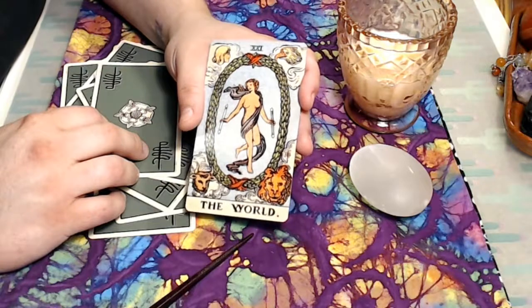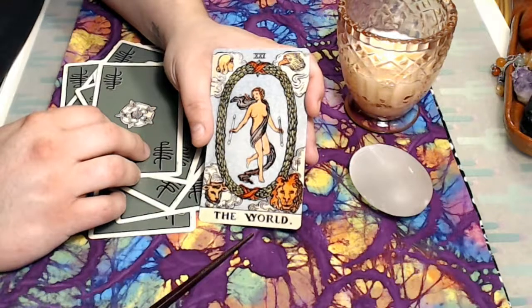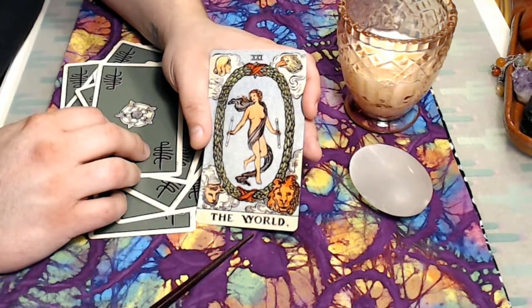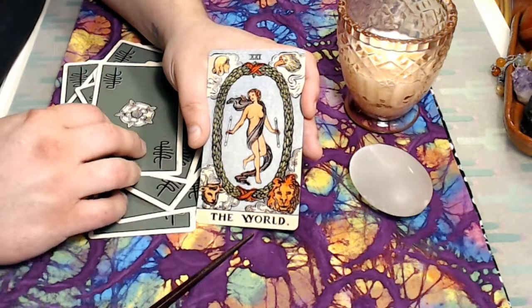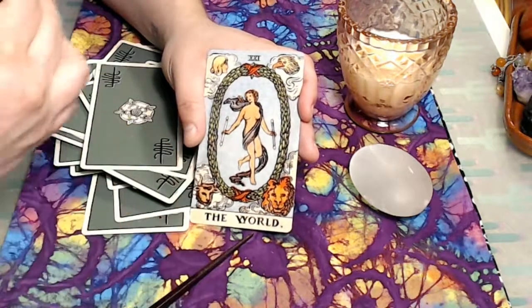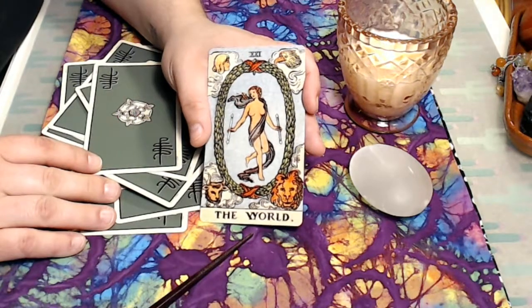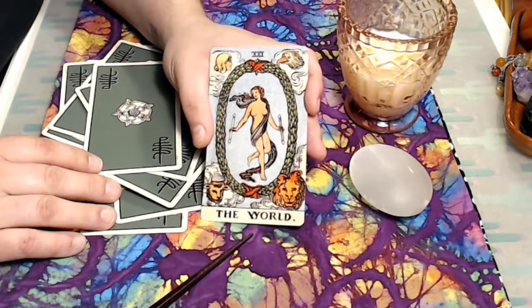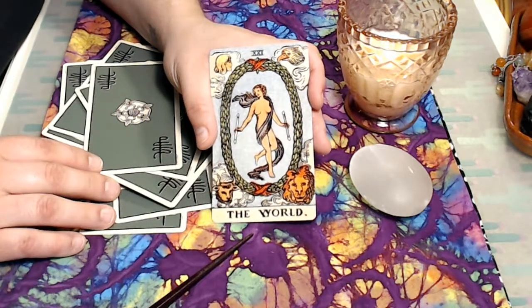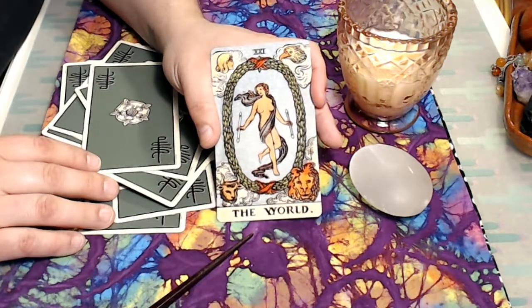He is re-entering society with a more complete understanding of how life works. He has a more integrated self, having achieved wholeness and fulfillment, ready to serve, in fact, ready to give back to the world and to go back into that cycle, the wheel, etc. When the card arrives in a reading, it represents completion, it represents big picture, the need to assess the big picture. It can also represent the idea of being surrounded, either being the center of a lot of attention, or